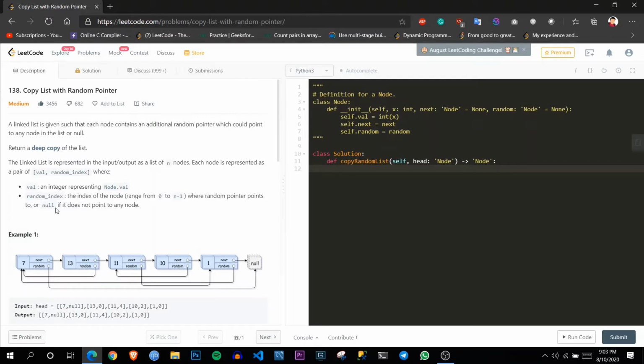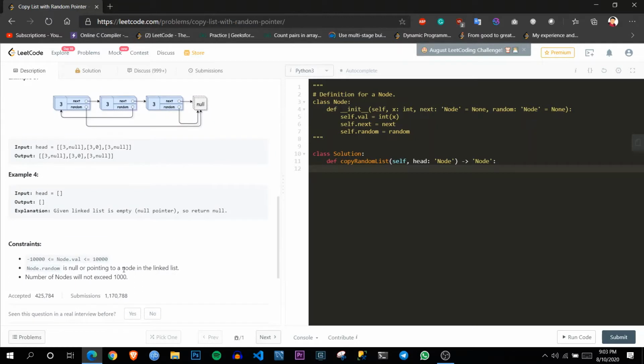Or for the node 7, the random pointer is pointing to null, so in that case, at the place of the index, null will be given. So now we have to make a copy of this whole random list and return the head of the newly